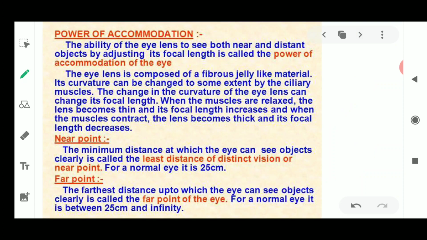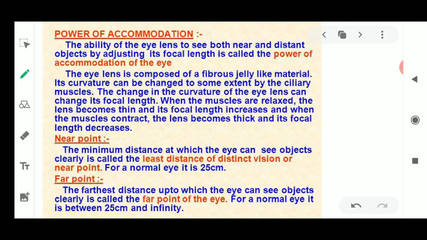Okay, so we move on to the next slide. As I have discussed about this accommodation power, it has already been discussed, and whatever is written in this slide, I will quickly read out about these two powers of your eyes. First was accommodation, and the second was the movement of the pupil, which shrinks and relaxes in the presence of light and the dark phase of the surroundings. Okay, so what is this power of accommodation?